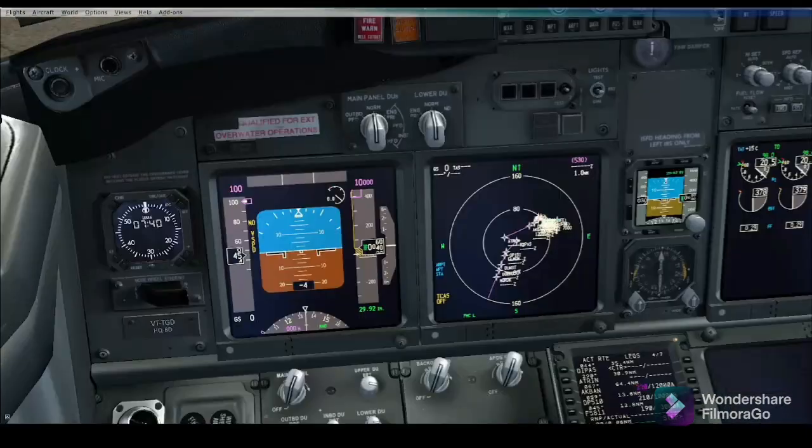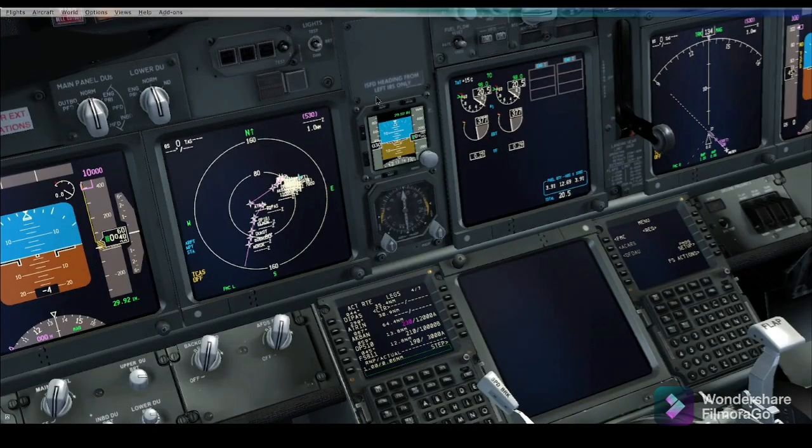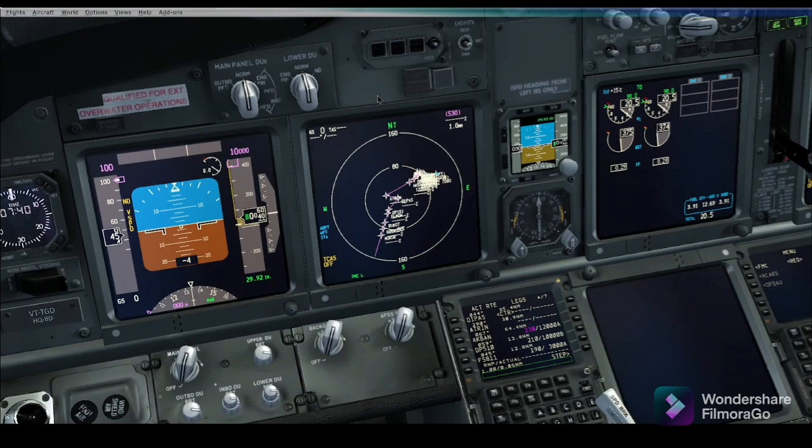After this panel, we will see the backup EADI or EHSI. If in a certain situation at flight level 350 or any flight level, the EADI and EHSI panels both black out, there is a backup provision for these instrument panels.